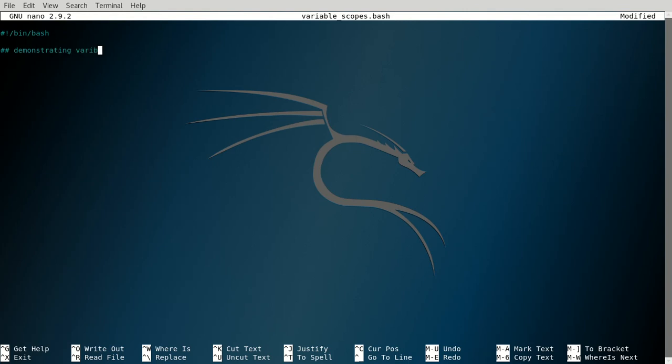Demonstrating variable scopes, let's say we want to create a function print x, and remember, when using the function keyword you don't use parentheses. What this does is it echoes x equals $x, and we're going to declare a variable here called x, and let that be equal to 5, and then we echo, and see that this echo is outside the function print x,